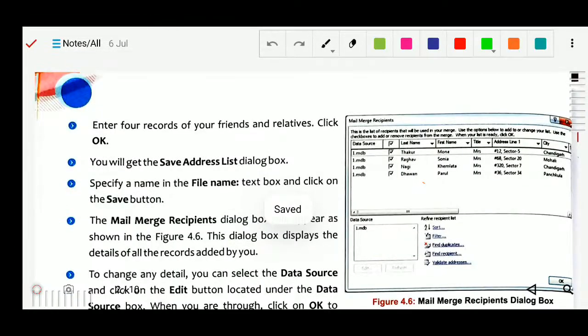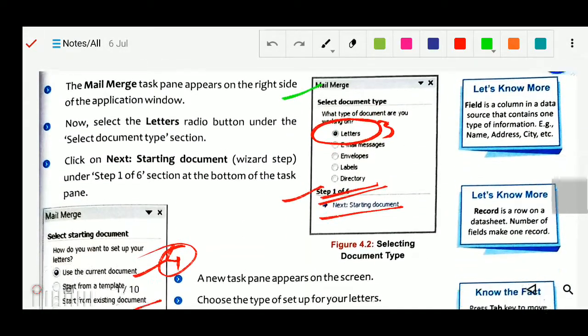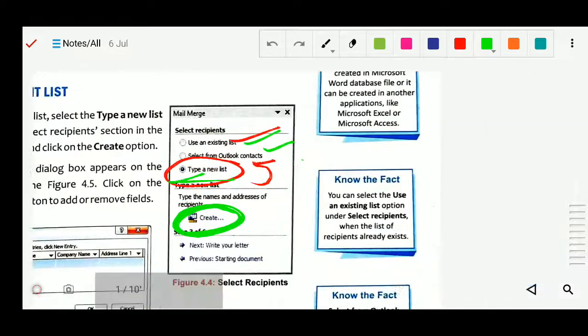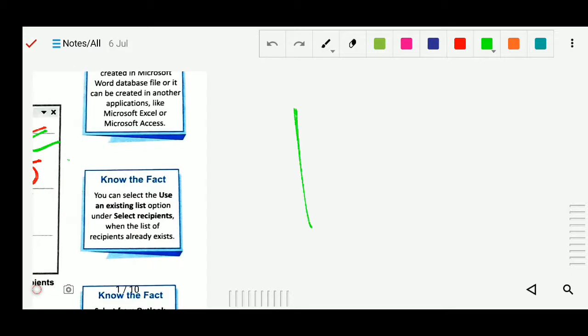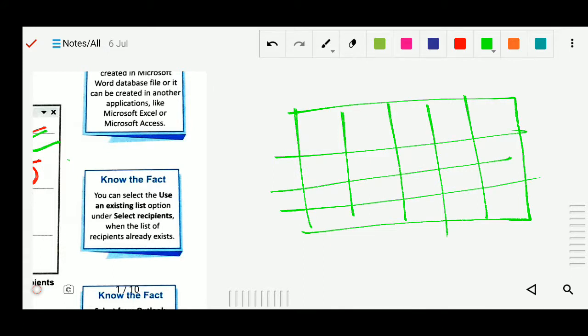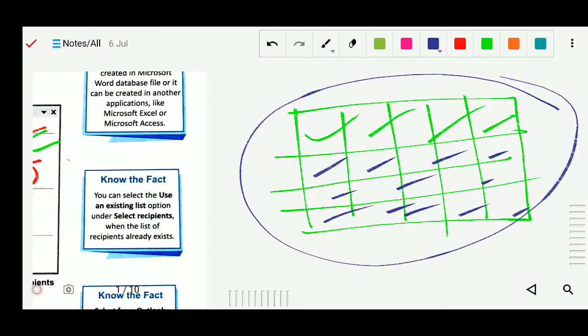Now here we will create. This type of dialog box will appear, in a tabular form with name, address and so on. In these fields we have to write all the data, like name, address, phone number and so on, because we are generating the address book.